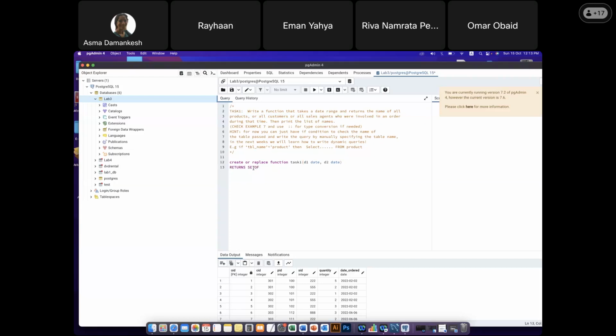Set of, right? And then followed by the type of what goes inside the set. For us, since it's a name, we know name is a varchar, set of varchar. And then language is PLPG SQL as